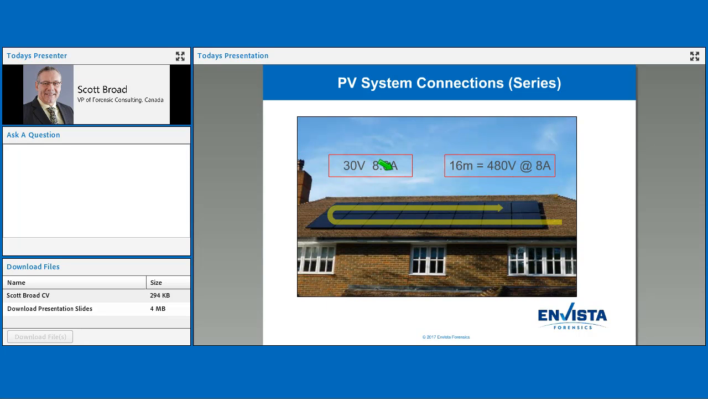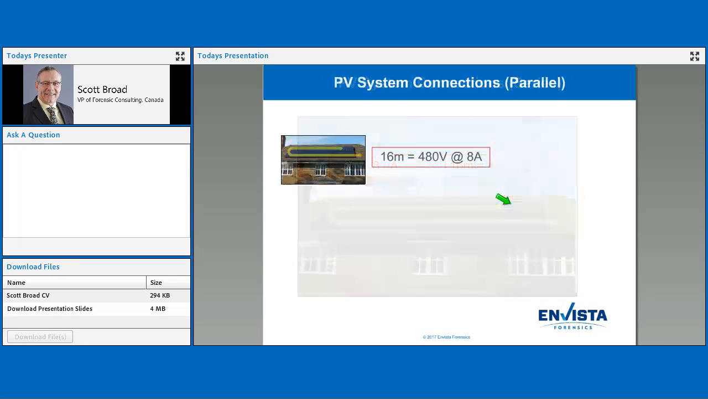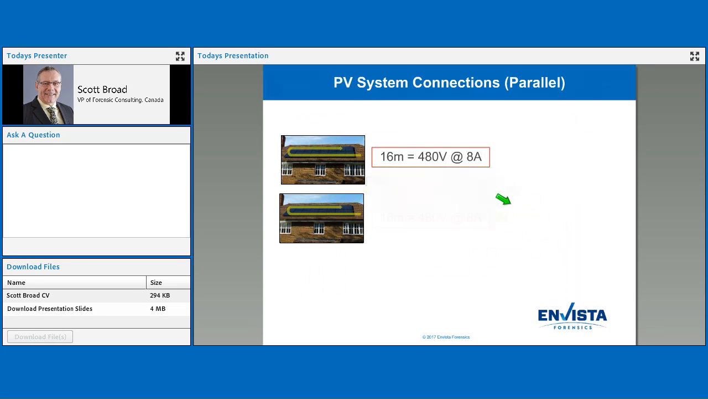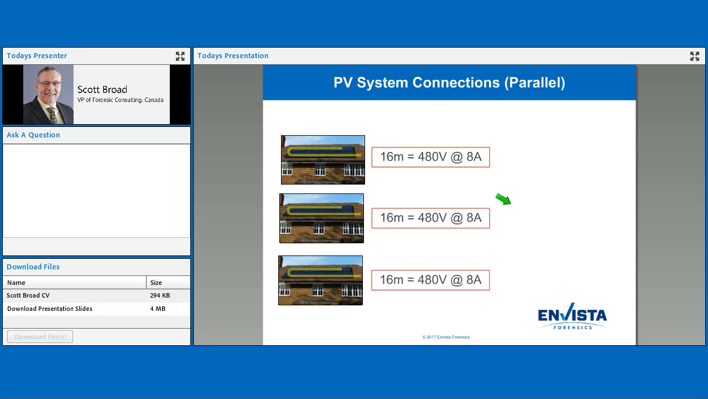series. In series, we know that the amperage doesn't change, only the voltage changes. So you can see now this is a lot of energy. 480 volts is a lot of power generated by 16 modules themselves. The interesting thing is, for example, if we had a neighborhood that was all connected together, with a house here and the house next door generating 480 volts at 8 amps, and the house next door also generating 480 volts at 8 amps,